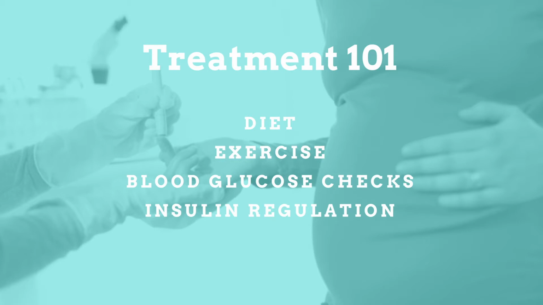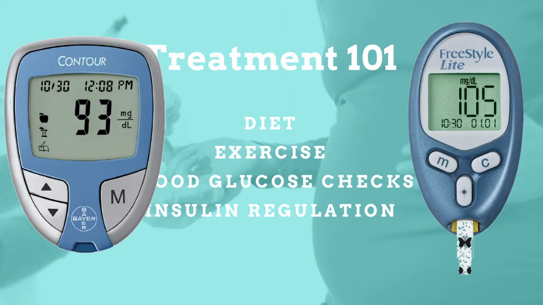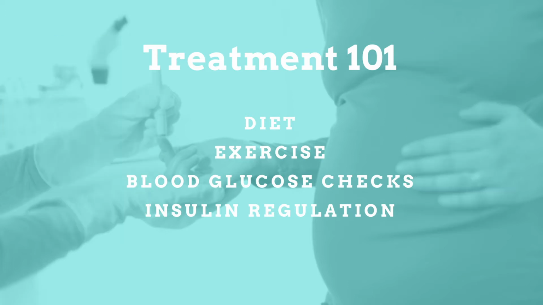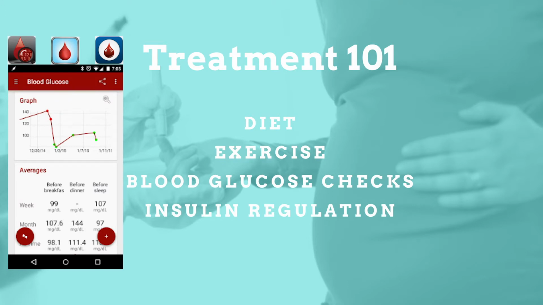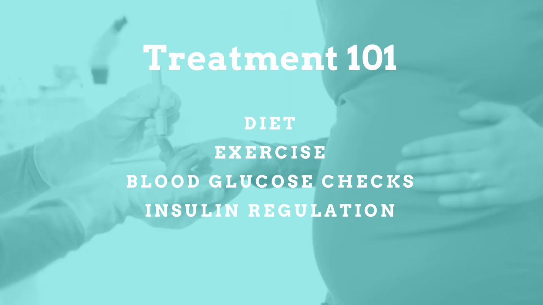Blood glucose meters, such as these, are used to test blood sugar levels in a small drop of blood. Included in a blood glucose meter kit are testing strips, lancets, and the device itself. It is important to test your blood glucose levels often and keep track of them using a method of your choosing, such as a diary or app. Tracking your levels will allow you to learn your baseline to have a better understanding of your body